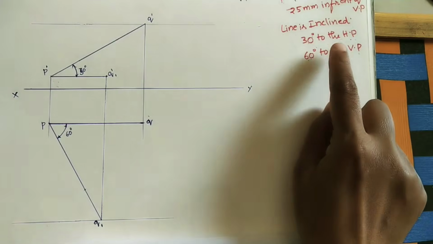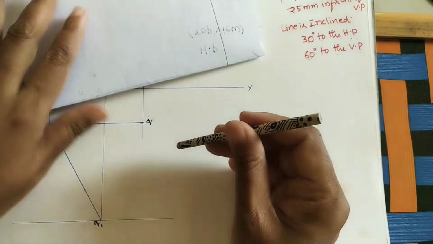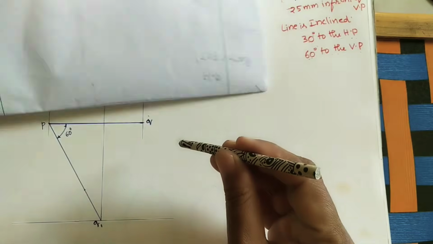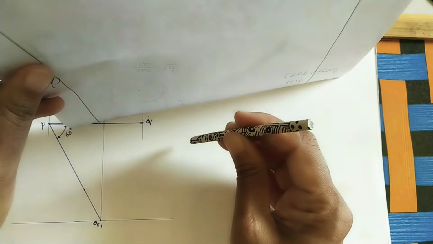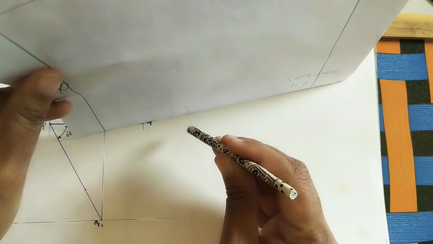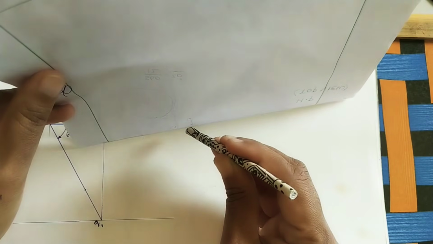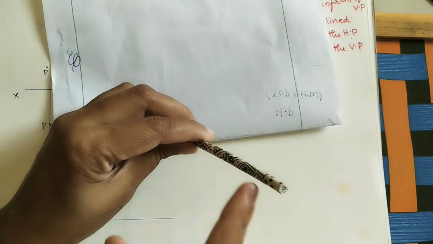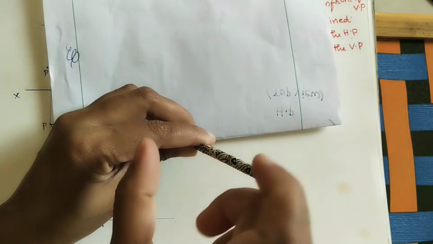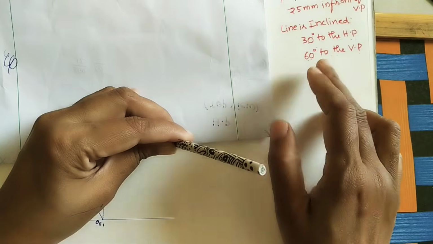So we have to see the projections after combining these two angles. Now the line is making 30 degrees to the horizontal initially and then 60 degrees to the vertical plane. Let us take this as a vertical plane. It is 30 degrees initially, and again it is tilting 60 degrees to the vertical plane like this. So in this condition we need to draw the projections of it. Projections of the line means the front view and the top view of the line. In the front view it is looking like an inclined line, and in the top view also it is looking like an inclined line. We don't know how much length in the front view and how much in the top view. In both it is taking both angles. It is tilting both angles.